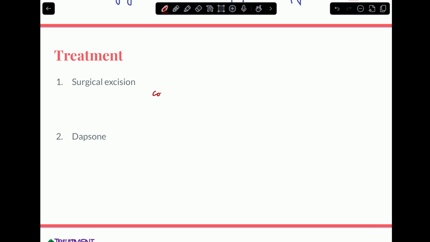You have to completely excise the nasal mass, or whatever mass you are seeing, with a diathermy knife, and you have to cauterize the base of it so as to reduce the chances of recurrence of the disease. And if the nasal mass has extended up to the lacrimal sac, only the nasal mass is to be removed. The stump in the nasolacrimal duct will fall out by itself within 2 days, so you have to ignore that part. You only remove the nasal mass in that case. Laser excision is also one of the ways to do this. So this is the primary mode of treatment: surgical excision of the mass.